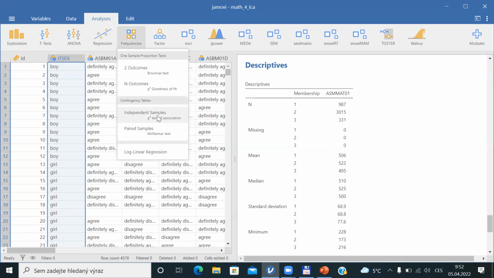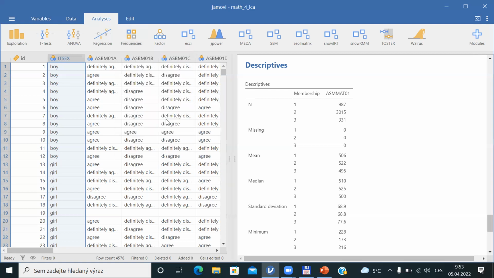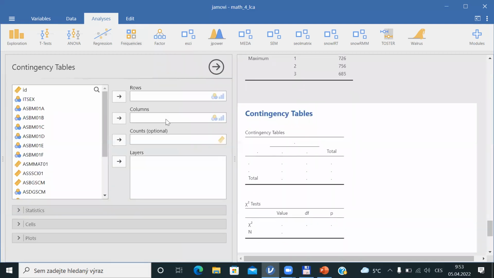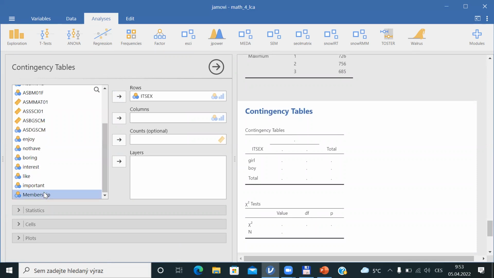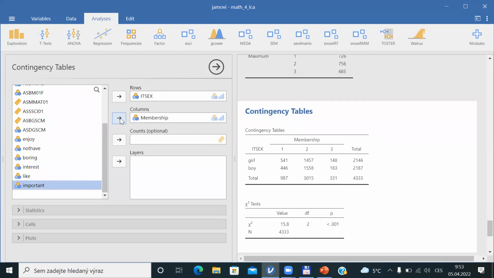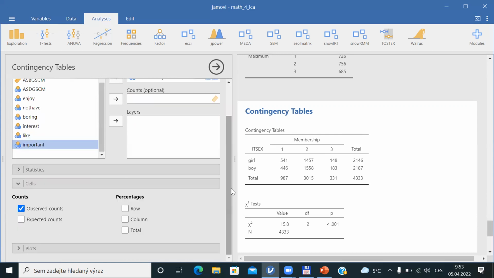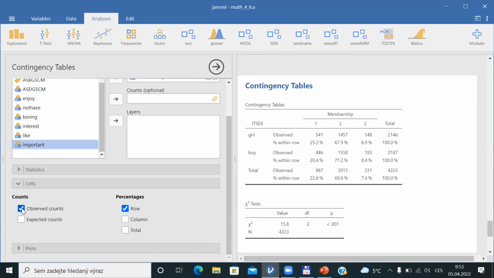Here the basic procedure for the relationship of two variables is called independent samples, chi-square test of association. If I click here, I can ask for rows and columns. It depends on your decision. I would decide that ITSEX would create rows, and the last variable in my data set, membership to latent class, is creating columns. My proposal is that we change the statistics from classical observed counts or absolute figures to relative figures. So I would go into Statistics, Cells, and here I would check row percentages, and I would cancel observed counts